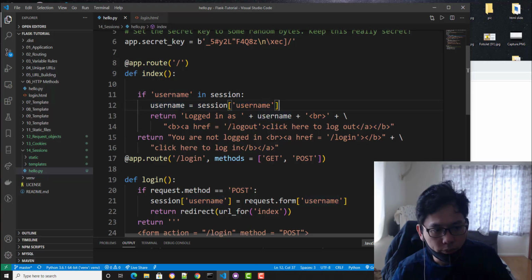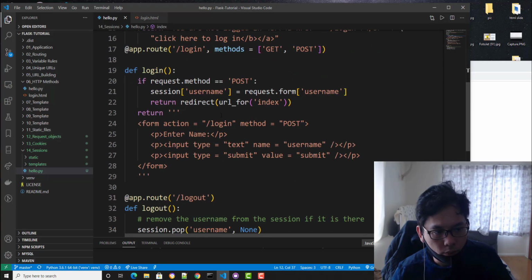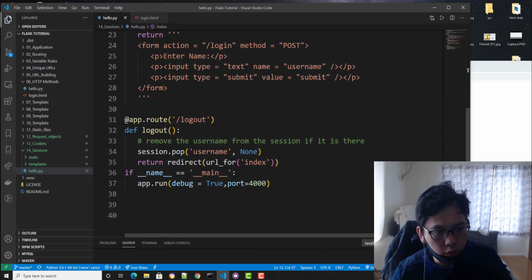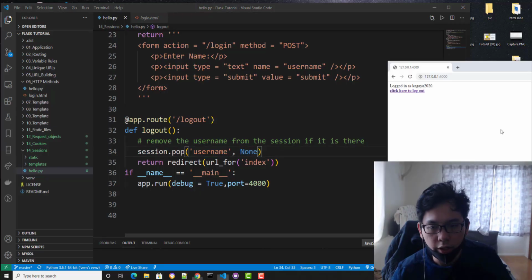There's also a function called session.pop with none. It means if you log out, redirect to the URL, you can delete the session of that user, so they are logged out.